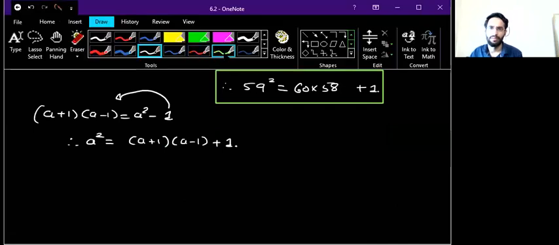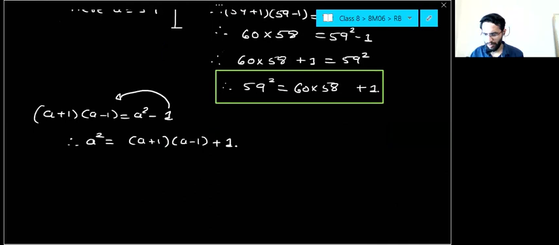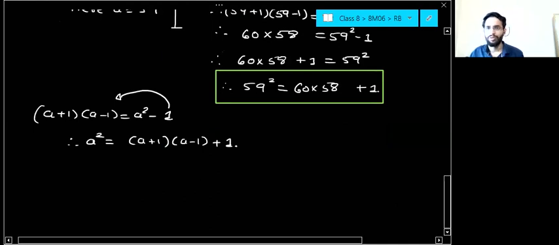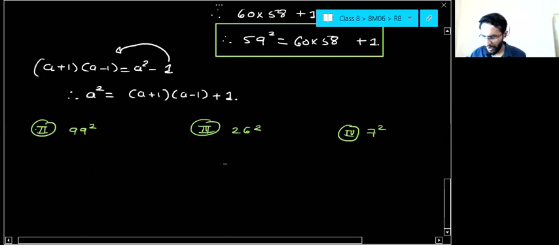Okay, great. So in a similar way, can you solve all the remaining examples? In the second, they are asking you about 99 square, then 26 square and 7 square. Can you solve this? And you can try question 4 with the help of algebraic identities, wait, that you don't have to try. Question number 4, in homework you have to try. Also the remaining questions of question 3.